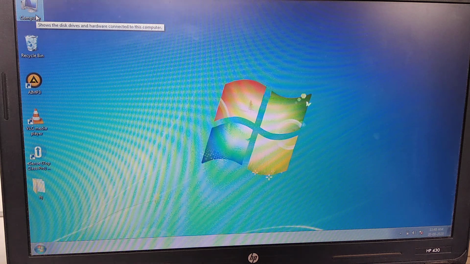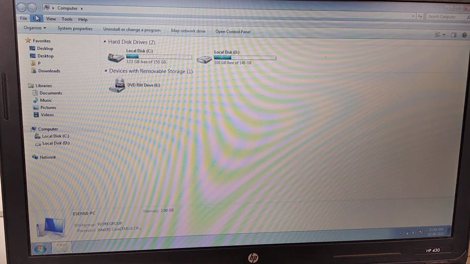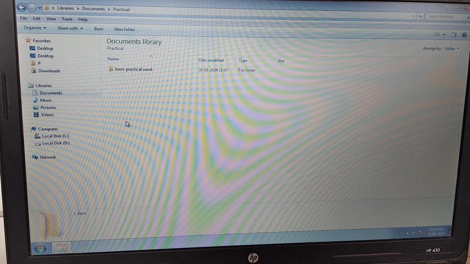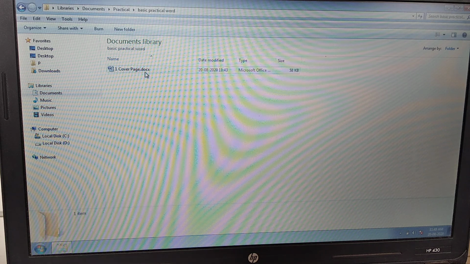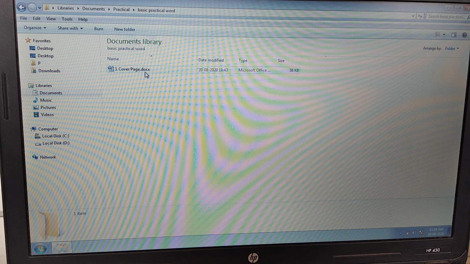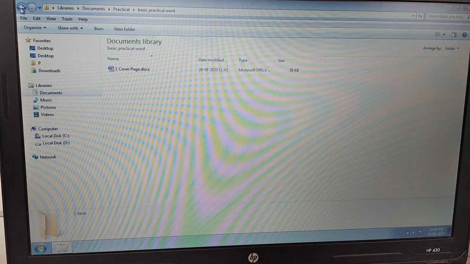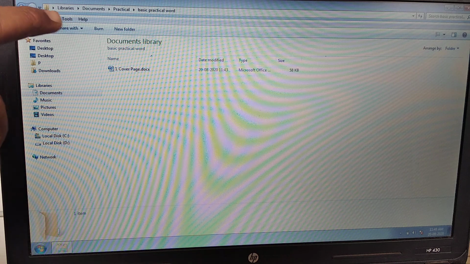Hello student, as you can look at the screen, today I am going to show you the procedure for the given practical. For that I have stored the practical in my folder. So student, I have created my video related with how to create a folder or how to create a file. Now as you can look at the screen, there are different folders here.